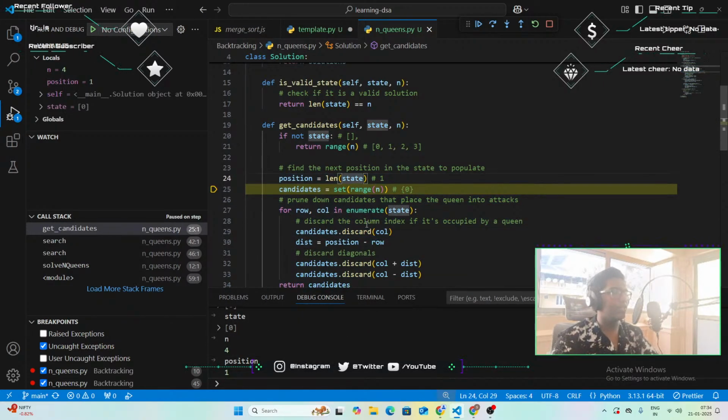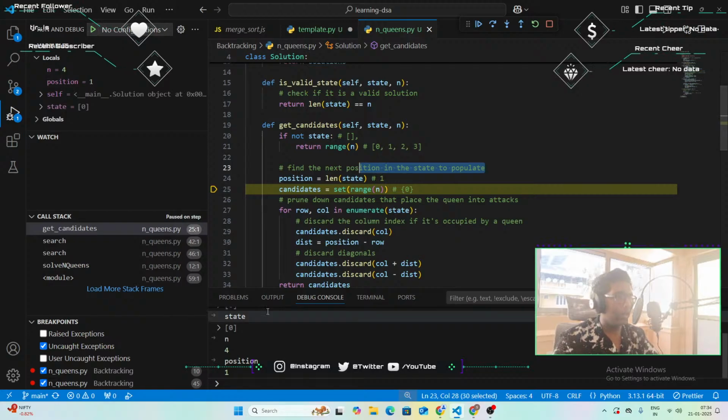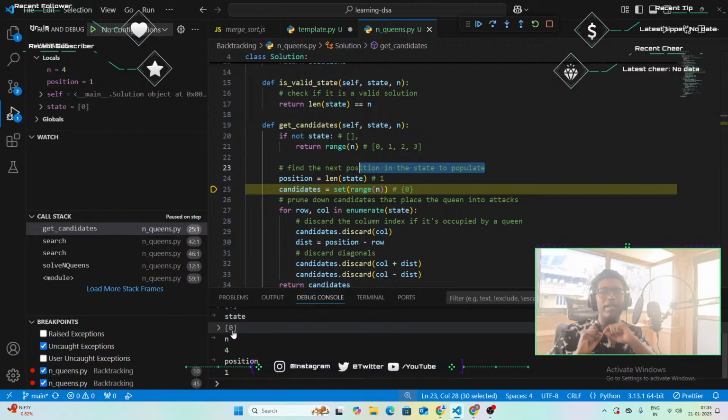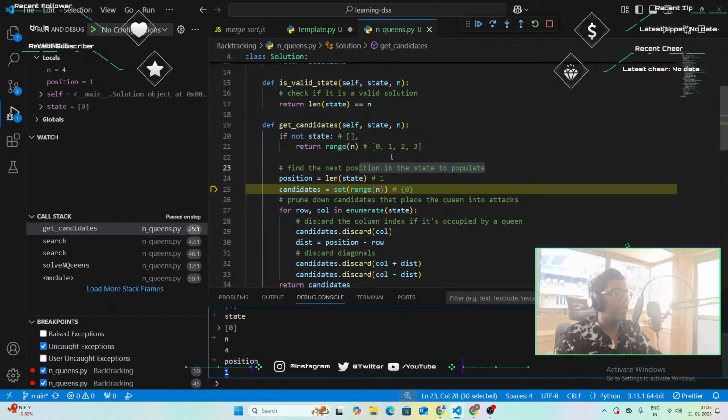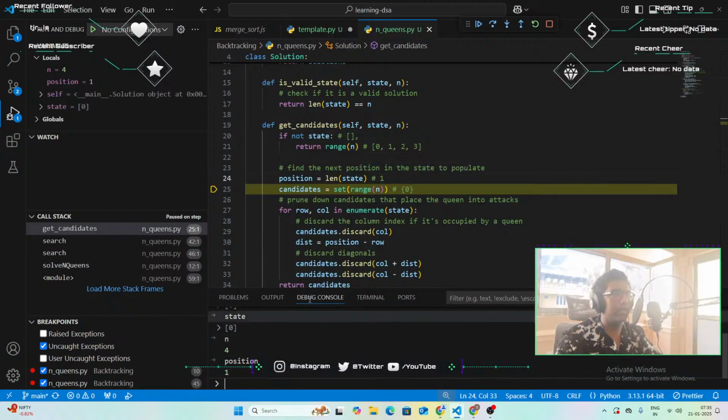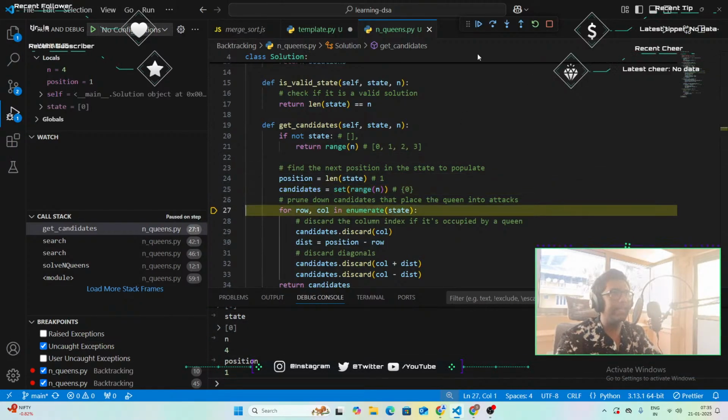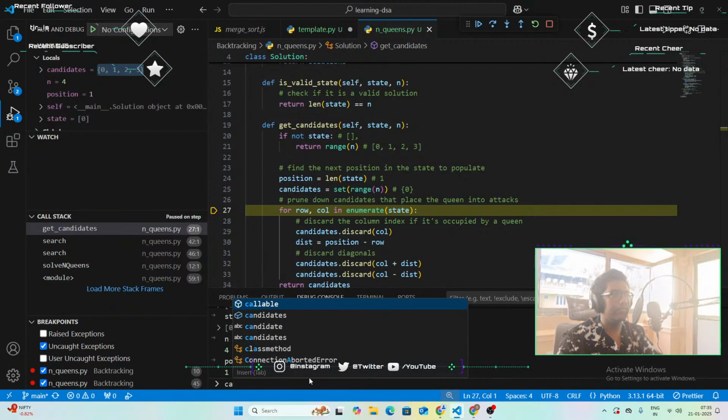So position is gonna be what? And now state. Okay, all right. Find the next position in the state to populate. It makes sense because we have already placed queen on the first row. Now we have to place one on the second row or the first index, right? That's why position is 1 here. Candidates is gonna be